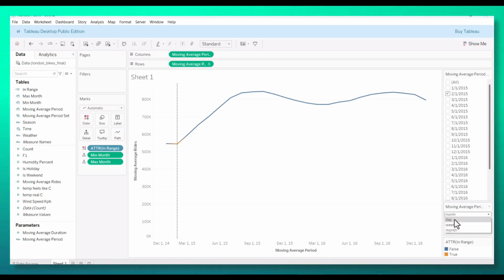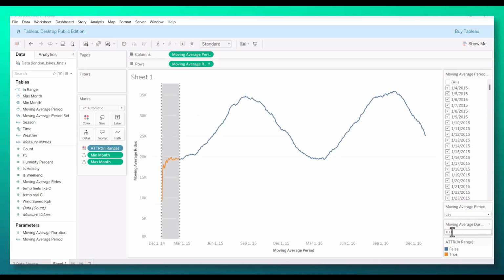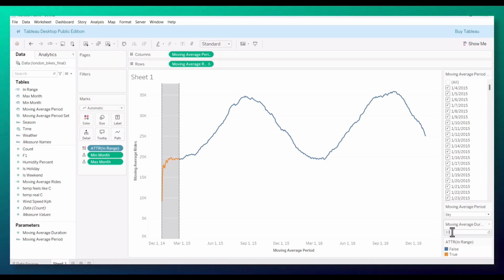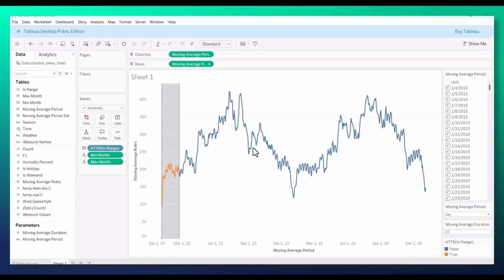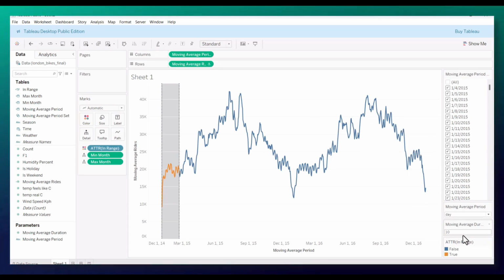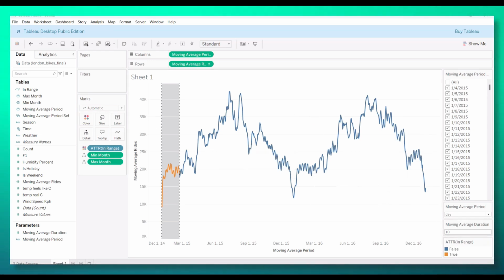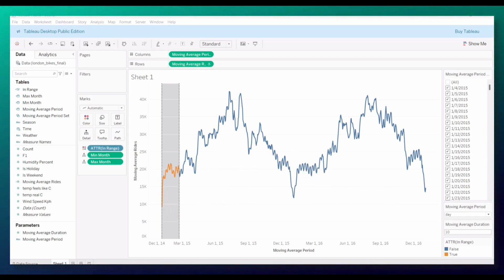Okay, let me again select day and let me select this 10. So for shorter duration, the line gets more rough, like it has more fluctuations, and as we make the duration longer, the line gets smoother. So I think we are done with this part of the project. Let's do the next part,